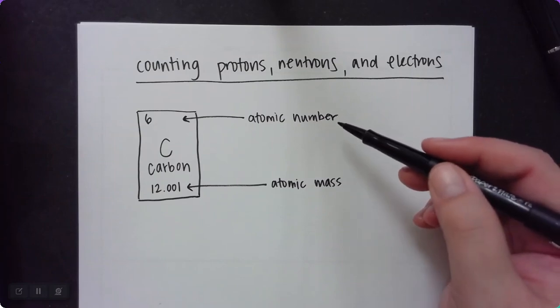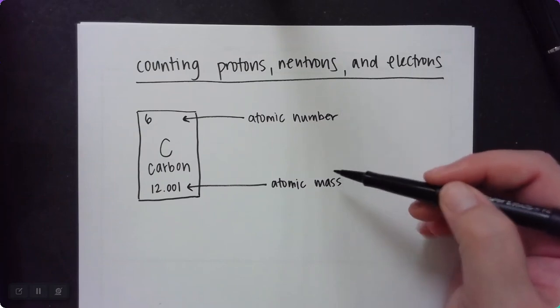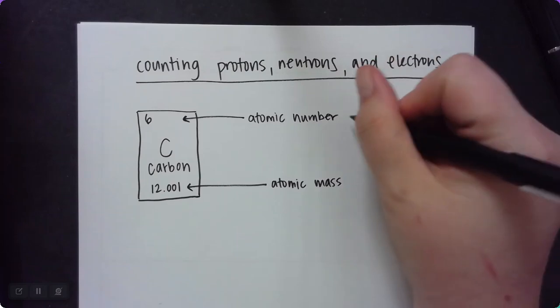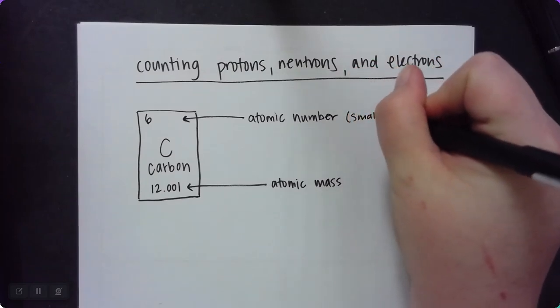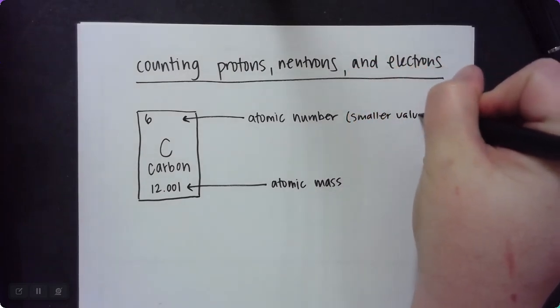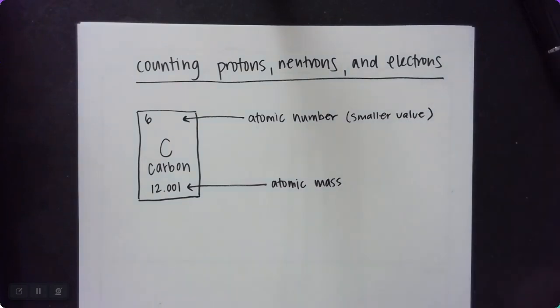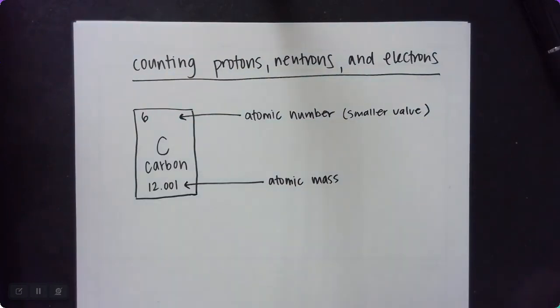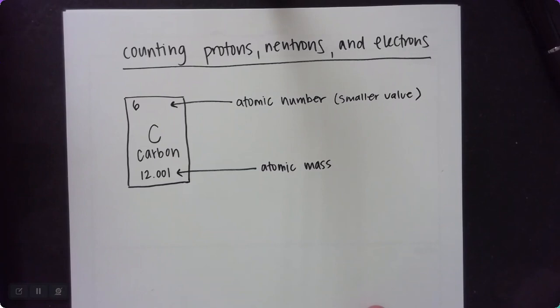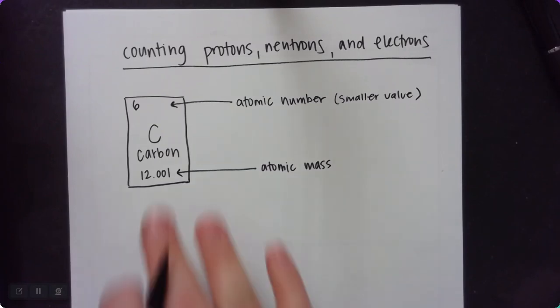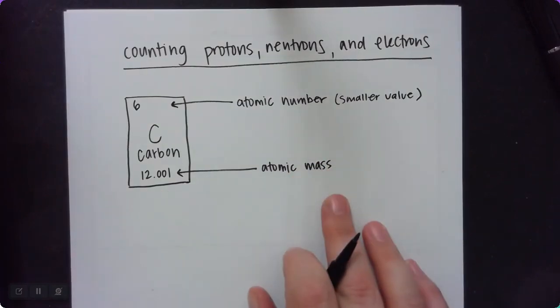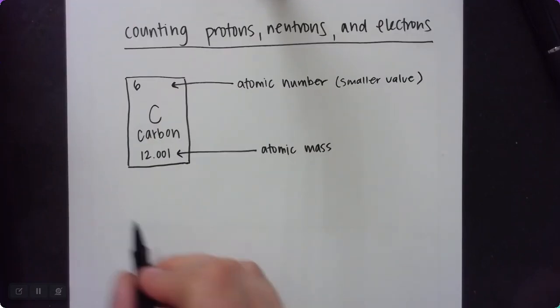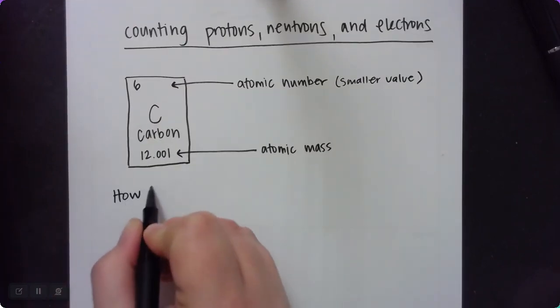Now, remember, we have to know which one is which. So you need to always remember that our atomic number is the smaller value. Don't get confused, because if you get these backwards, you're going to get all of these counts of these subatomic particles incorrect. So here we go. That was our review. We have our element picked. We remember which is the atomic number and which is the atomic mass. So let's move down here and say,